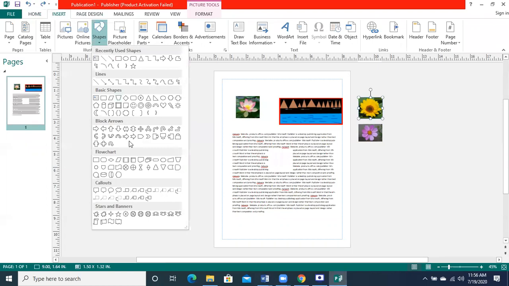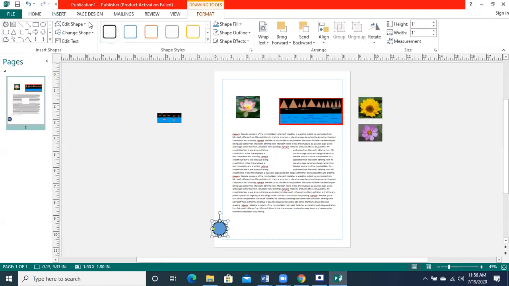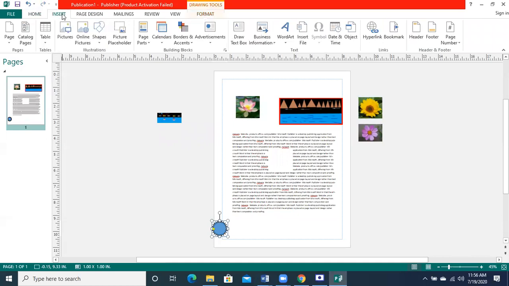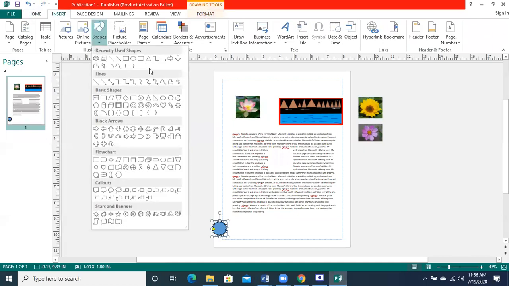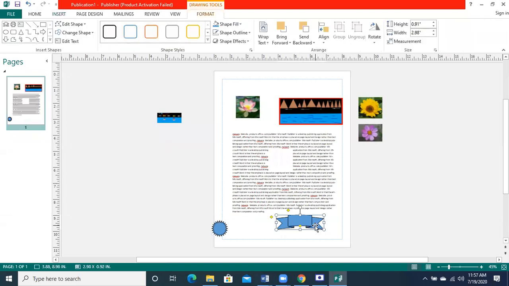These are used in making graphical work. Okay, different shapes are there that you can insert in your document. You can color it, you can change it, you can increase its size depending on your requirement. So these all are the options which are used in the graphical work.